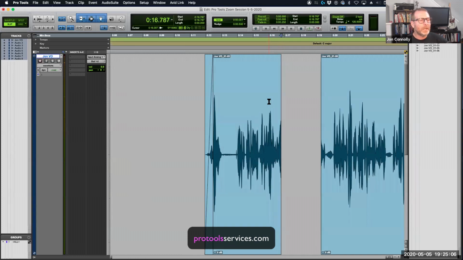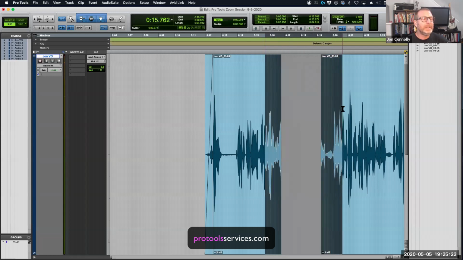This is why you can't hide Pro Tools. If you go to the Pro Tools menu and try to hide Pro Tools, it's not an option. Well, it is an option, but it's not a shortcut option. So all the other apps, you can do Command H to hide whatever app you're in. This Command H in Pro Tools shortcut is heal.